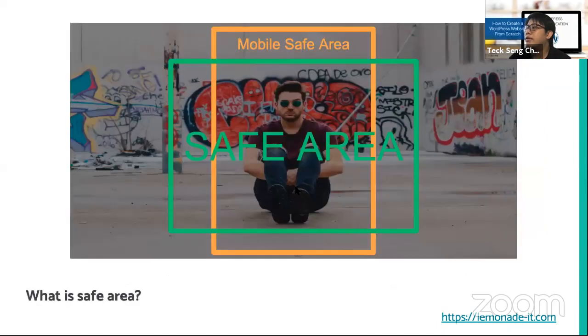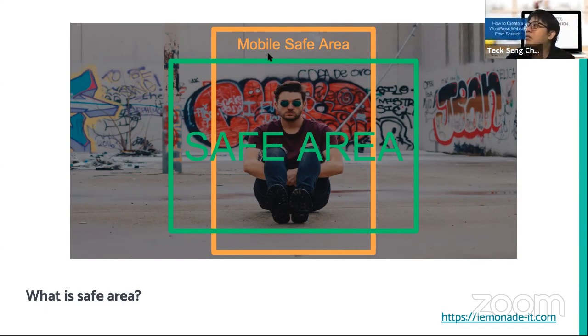Before I go into the next part, for images you also need to take note of something called the safe area. To put things in simpler form, just make sure that the content is usually in the center. If you go for a background, when you go from desktop to laptop, for example, the page will shrink, and when the page shrinks, it will cut off certain parts of the background.